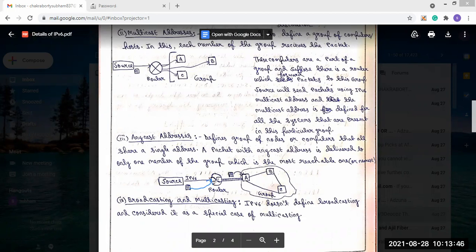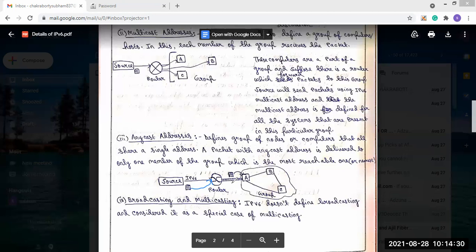Now what will the router do? The router will route to all the systems. That means it will check which is the smallest distance, the smallest cost, or for which device the smallest distance is present. Now let's say in this example we see that system A has the nearest distance, because B's distance is much larger, and C's distance is also much larger. So between A, B and C,